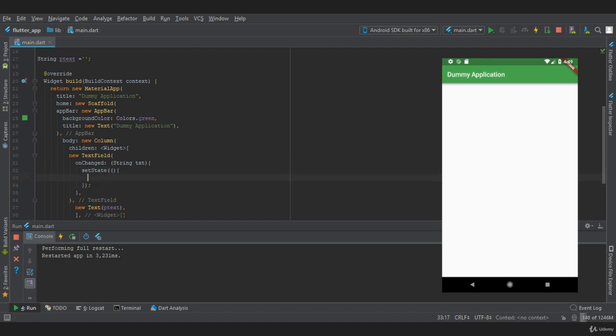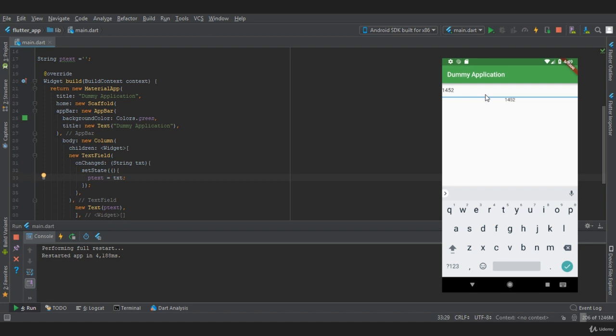So we will write here ptext is equal to txt, and let's restart our app. Now as you can see, we have successfully created a text field. So if I type any value in the text field, it gets reflected in the text.